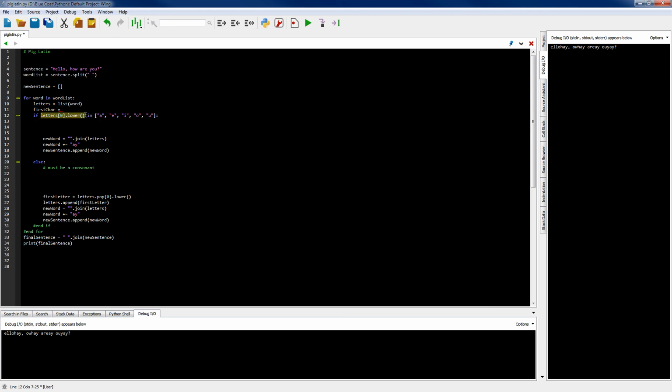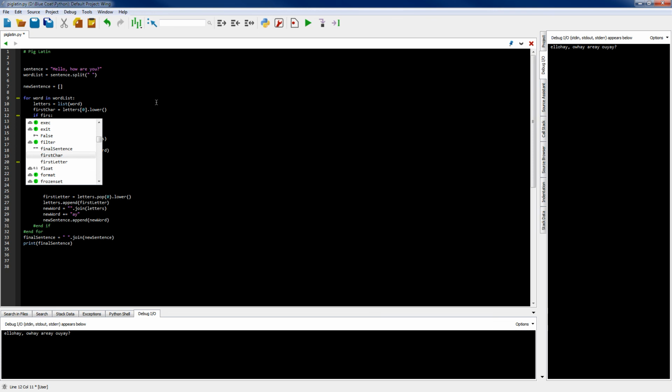This is going to make our code easy to read, and so we can say if first char equals a, or, and I'm just going to copy this now, first char equals e,